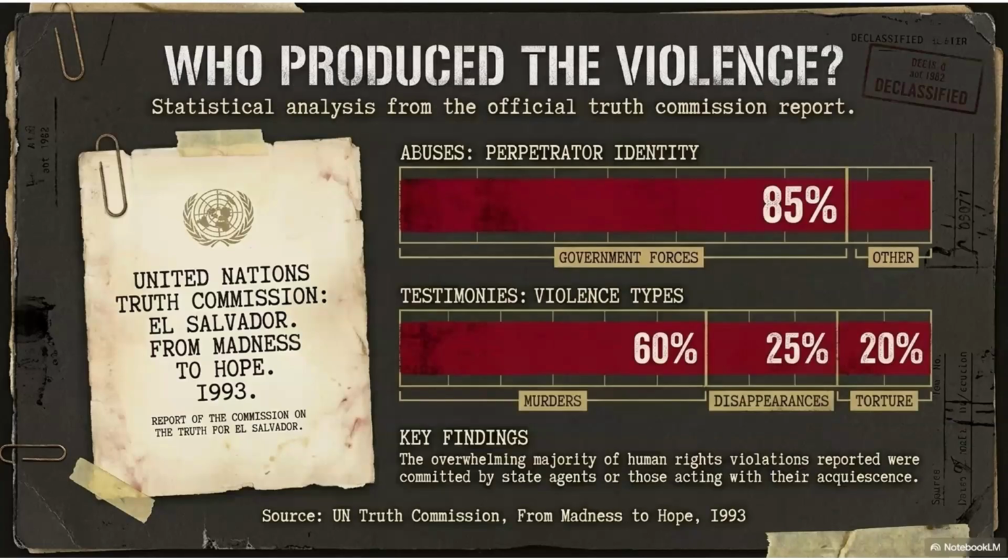This slide gives us the wider evidence from the Truth Commission. After the war, the UN-backed Truth Commission collected around 22,000 testimonies. Its findings showed that roughly 85% of abuses were attributed to government forces, allied paramilitary groups, or death squads. The testimonies included murder, disappearance, and torture on a massive scale. This is crucial because it stops us from treating the violence as a vague background condition or as simply equal on both sides. Yes, the FMLN committed abuses, but the dominant structure of terror came from the state and its allies. That matters for the election.